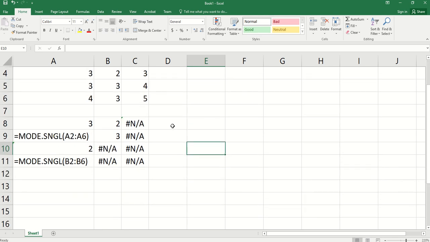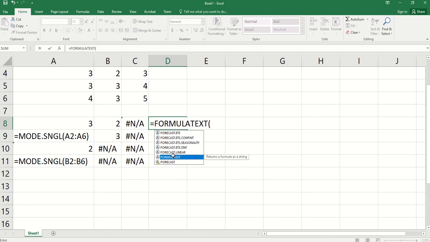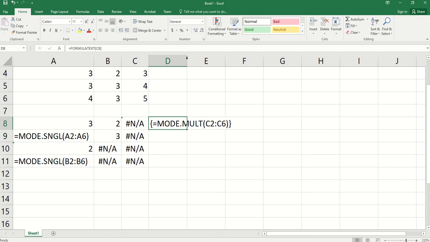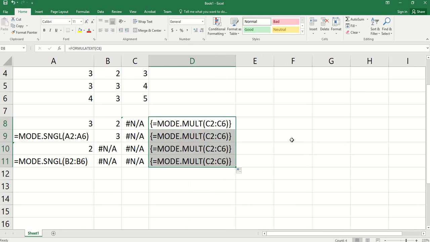Let me show you. Here we used array output, a special type of function in Excel. Be careful. You can do some practice to learn the process, especially how to use MODE.MULT here.